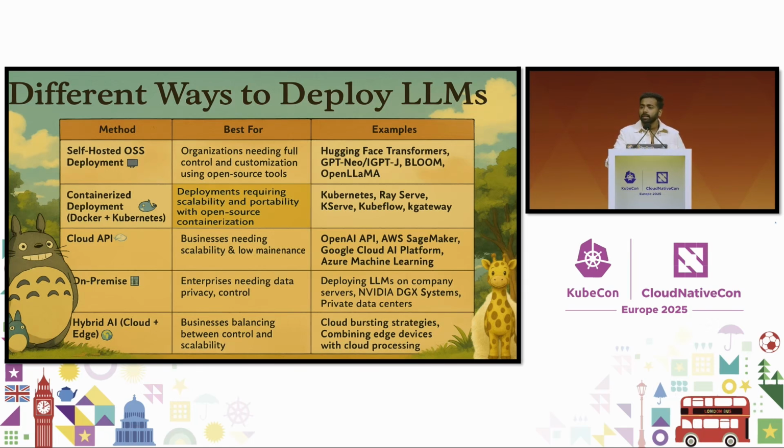A few of the examples are like the DGX server, which everyone is requesting. You must have seen on Twitter that everyone is talking about how to get GPU servers and all. So this is the same. And private deployments. One of the column rows I am missing here is the decentralized deployment method, P2P, peer-to-peer, if